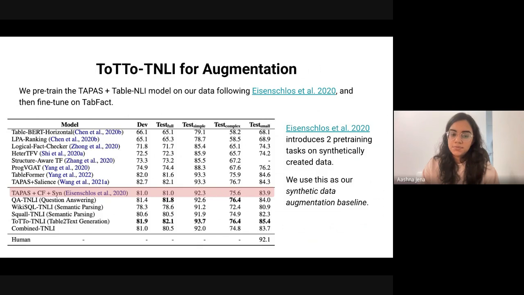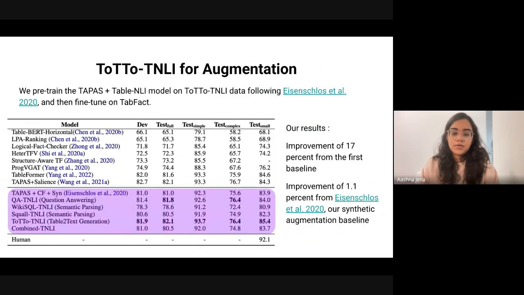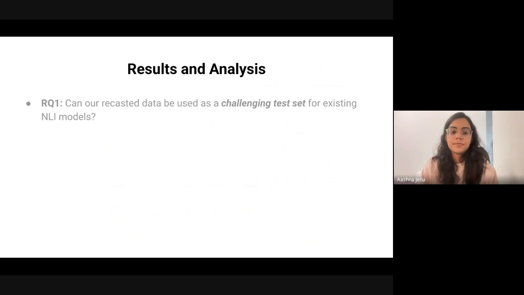We take this as our base model and we use our data for pre-training as well. With our data, we are able to observe an improvement of 1.1% from the baseline that we start with, which is over 17% from the first baseline that's given in the TabFact paper.